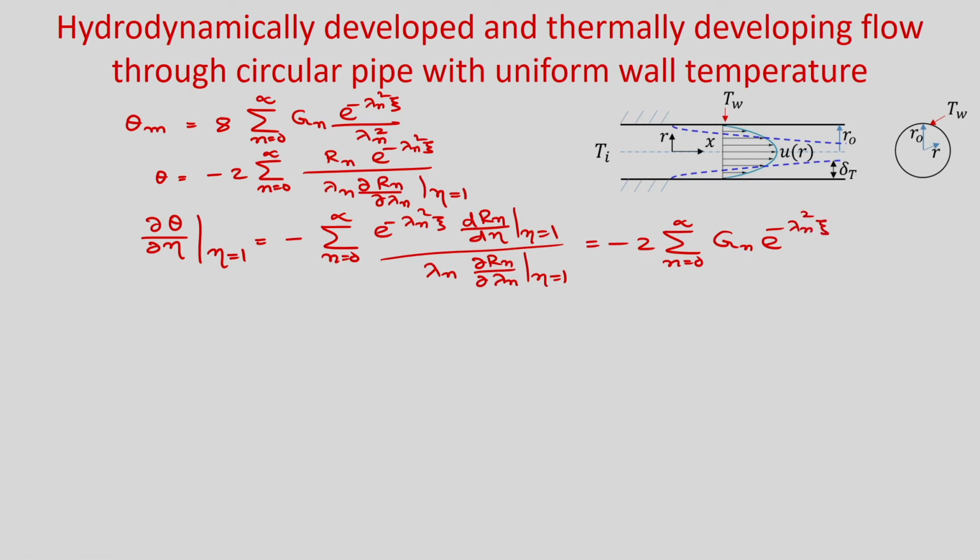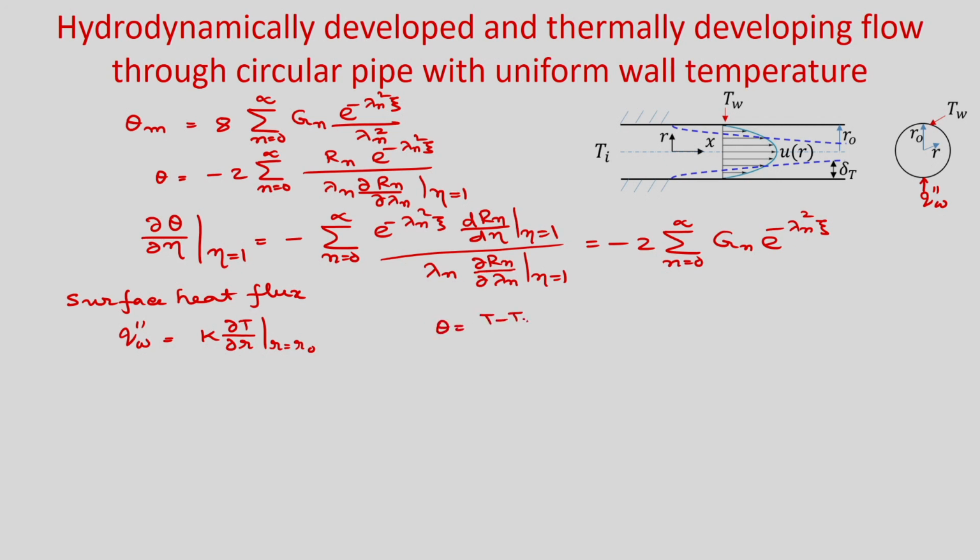We are now in a position to find the Nusselt number. So, first you find what is the surface heat flux. Okay, q double prime w will be just k del T by del r at r is equal to r naught. So, what we are telling is that q we are taking in the negative direction of r. So, it will become positive. Okay.